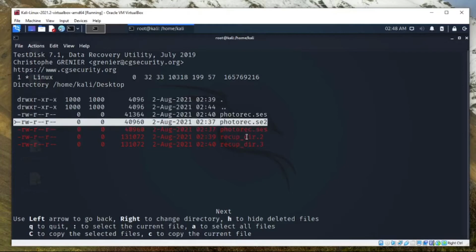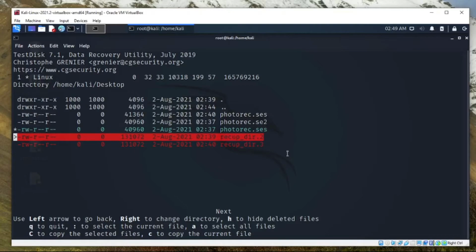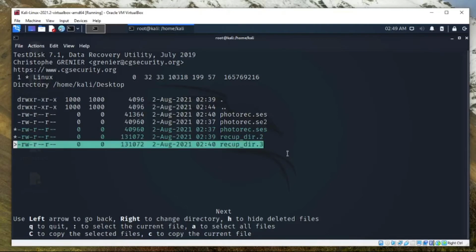How can we recover that? You can see here: left arrow to go back, right to change the directory, S to hide deleted files, Q to quit, colon to select the current file, A to select all files. Let me press A here, and you can see that all files have been selected. So I am pressing A again to deselect all of them, and pressing colon to select these folders here,